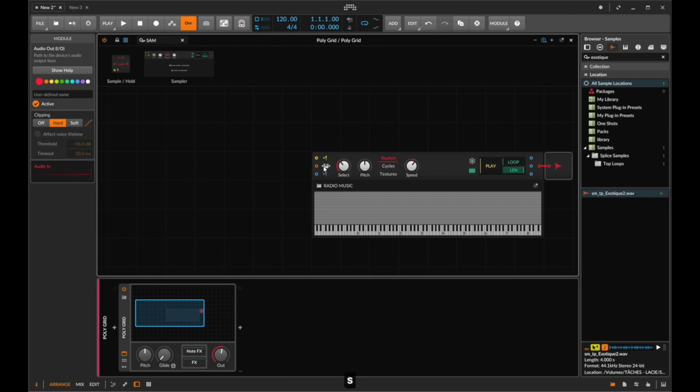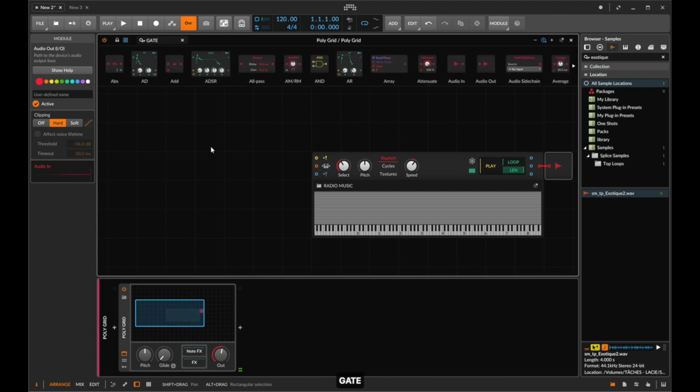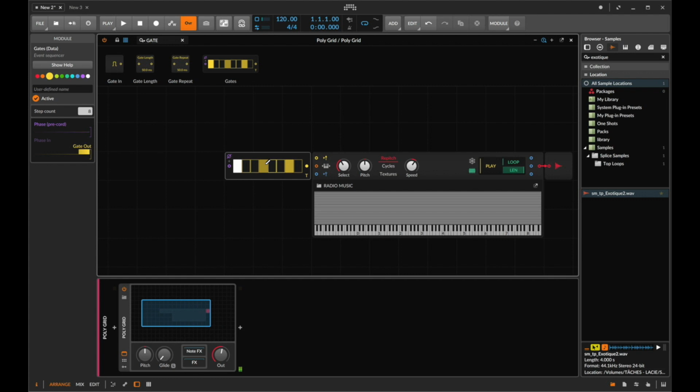Okay, so now it just means it doesn't matter what key I press, we're just going to start at the same pitch, or the original pitch. And what I like to do is, like with the radio music, you can't just have something playing forever because A, then you're not really sampling, and B, it will just likely go out of time and you won't like the pieces you're using. So I like to use a reset point, and we use a gates module to reset